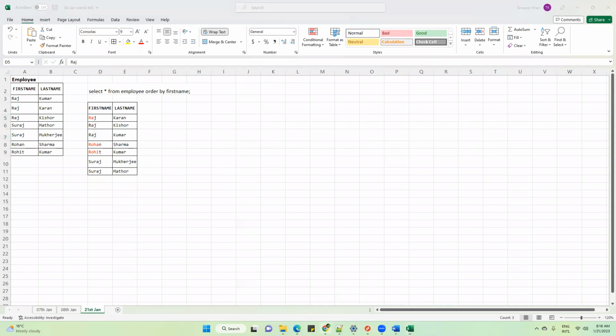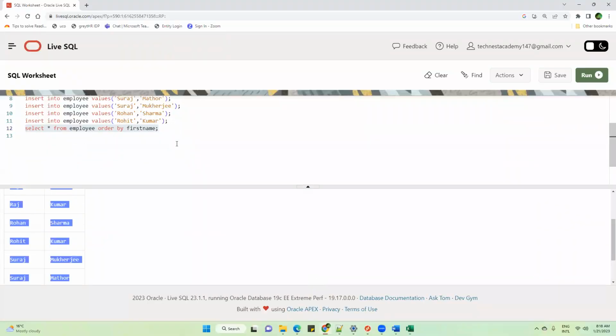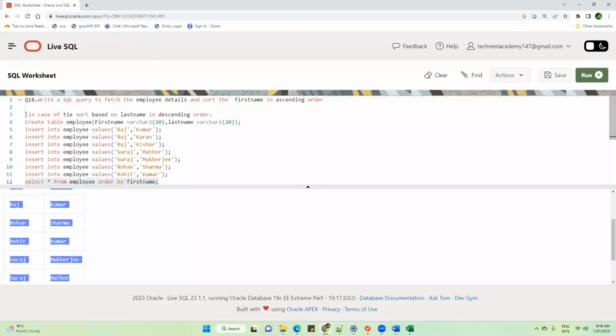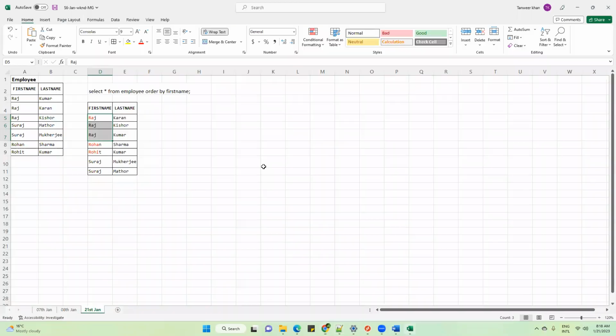Okay. Now, what is the next condition in this question? In case of a tie, it means if two or three or more records have the same first name, then you have to sort based on last name, but in descending order. Now if you see this, do you think you have a tie based on the first name?